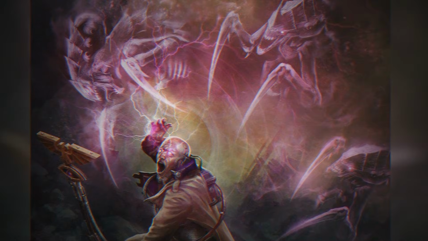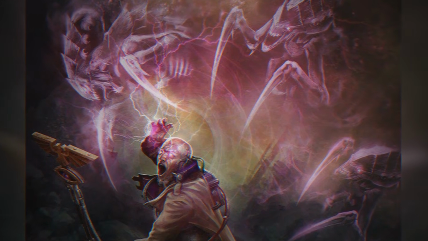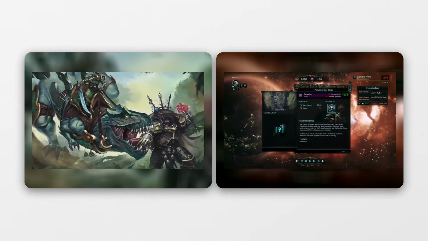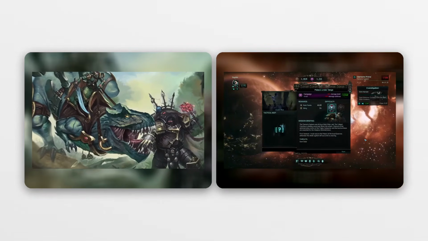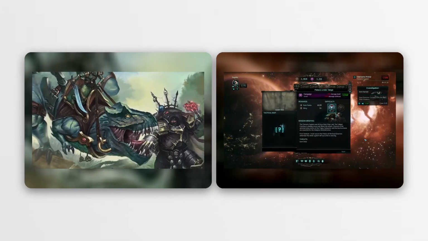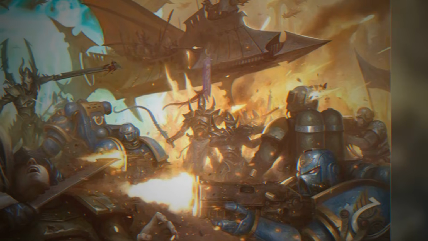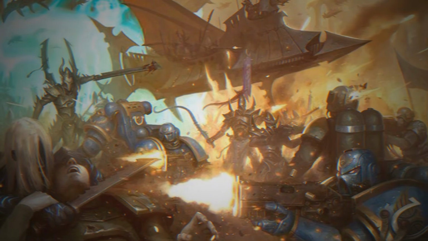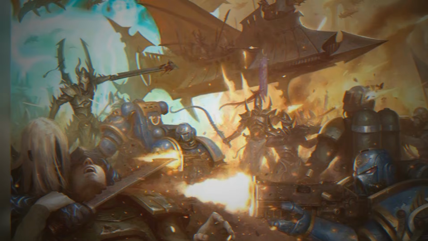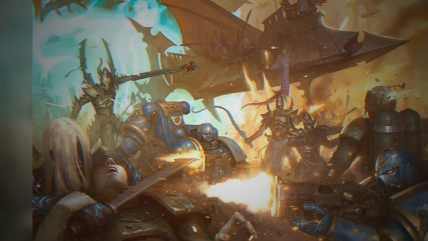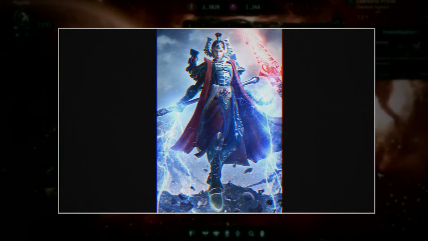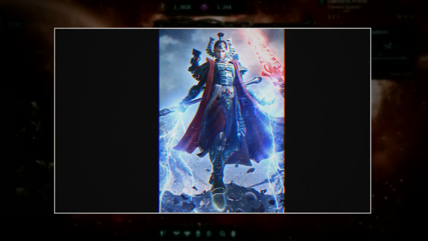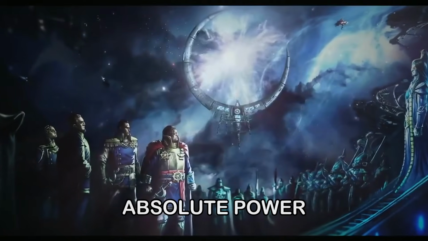This burgeoning psychic potential was a double-edged sword, offering incredible power but also posing an existential threat. While humanity was experiencing its golden age, another ancient and powerful civilization, the Eldar Empire, was simultaneously reaching the zenith of its power. At this time, the Eldar were the undisputed masters of the galaxy, their empire stretching across countless star systems, their technology and psychic abilities far surpassing anything humanity had yet achieved. They were a species of unparalleled elegance, intelligence, and psychic sensitivity, capable of manipulating reality with their minds. However, with absolute power came absolute decadence.